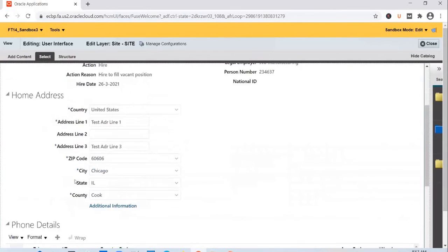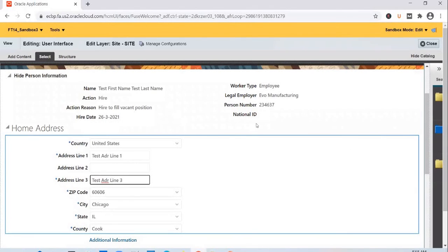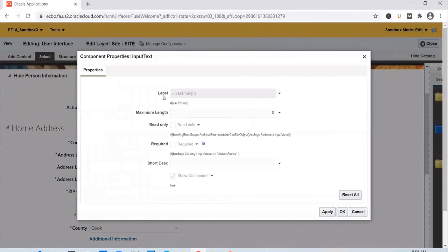And you want to change the label of address line 3 to US address line 3 if the country is US, and to non-US address line 3 if the country selected is not equal to US. So to achieve that, I'll click on the address line 3 field, edit the component, go to label,